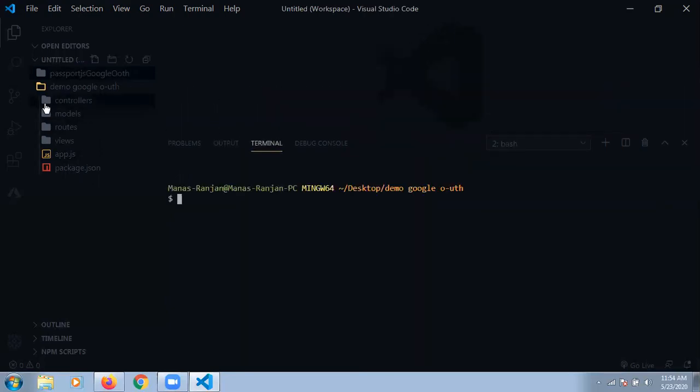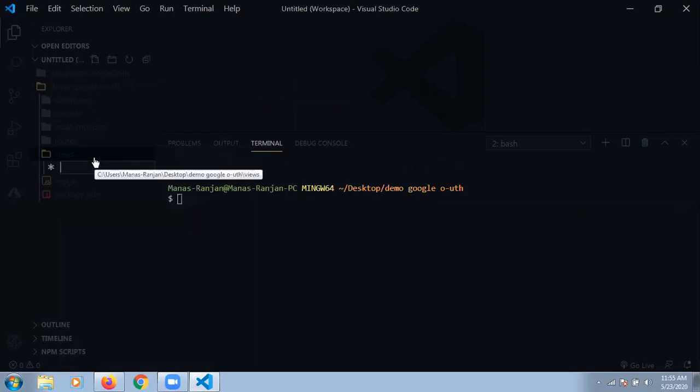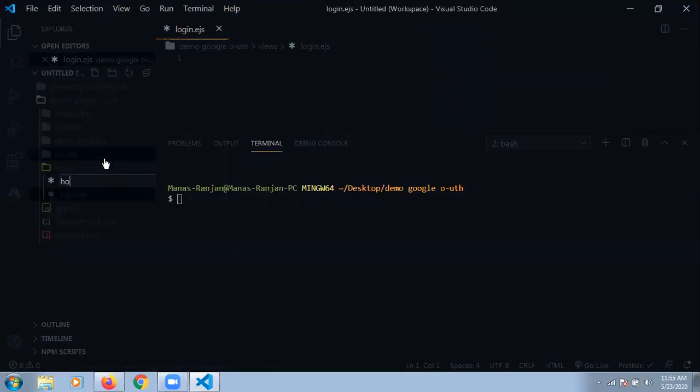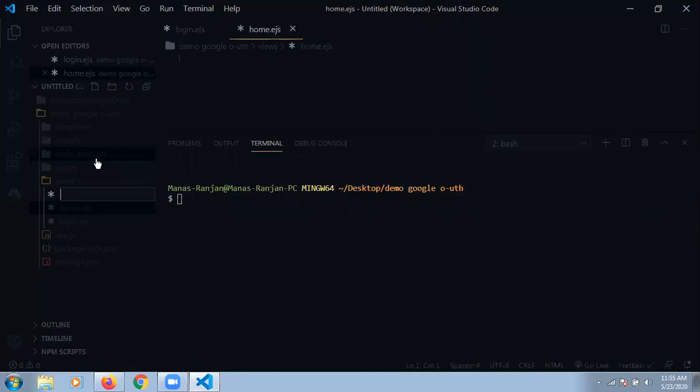We are creating all of the controllers, and in views we are creating some files, not index.js, but login.ejs, another file form.ejs, and another file, any name, like profile.